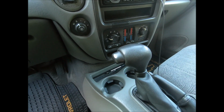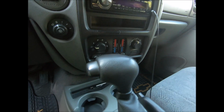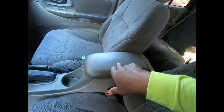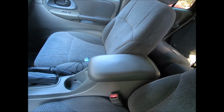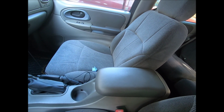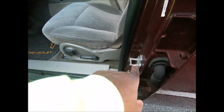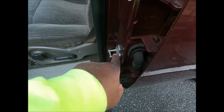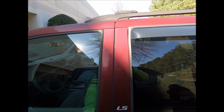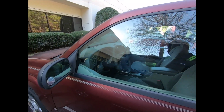Look at the gear shifter. Look at the radio controls, the air conditioning controls. Cars with high miles, this right here is in pretty decent condition. I need to clean the damn thing. I don't think I've ever cleaned this before. But these are stuff you can look out for when you're buying a used car that's supposed to have 50 or 60,000 miles. Remember talking about the striker plate again? Well, this one, it's not that bad a shape. This door does not drop down. Yeah, it doesn't drop down. But, you know, and as far as the